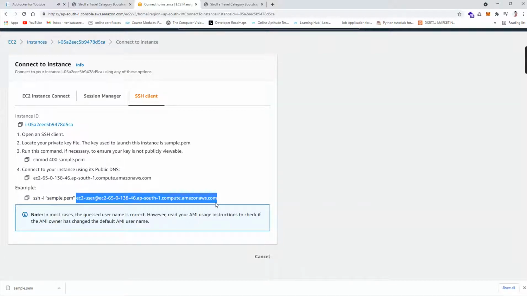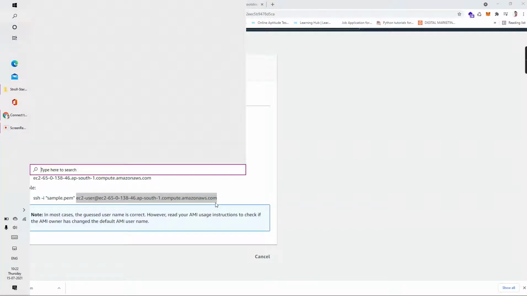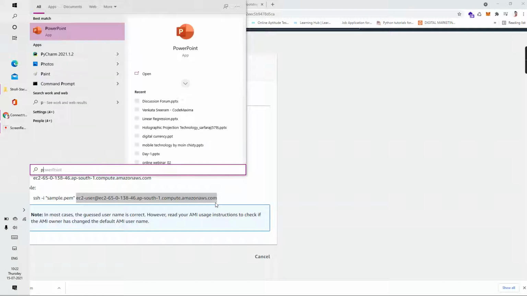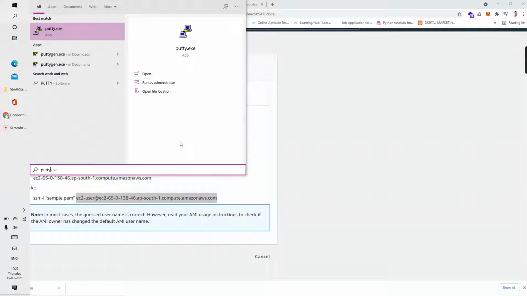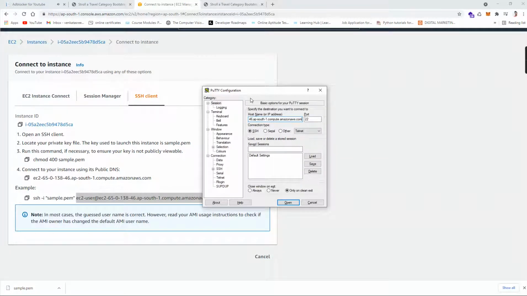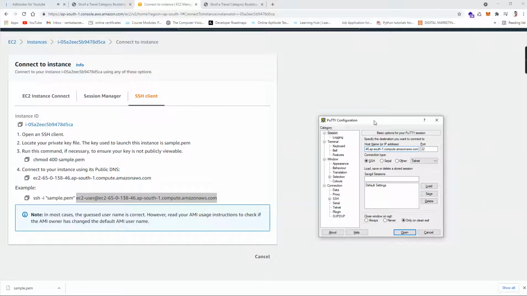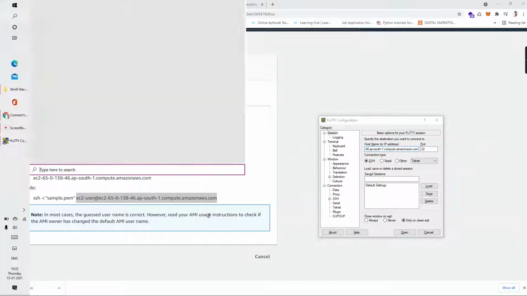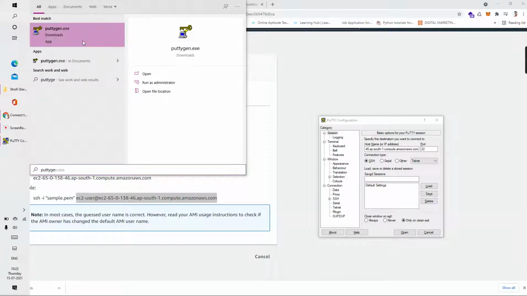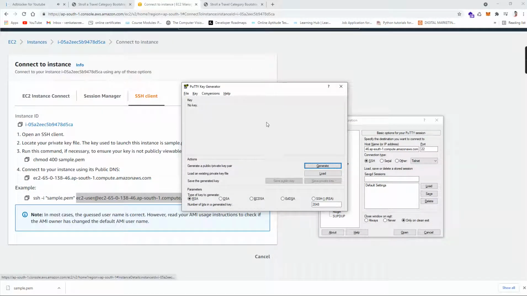Let me copy that, and as it is an Amazon Linux service, let me open PuTTY, putty.exe. Give the authentication as well. In order to configure PuTTY, I need to convert this PEM file into a PPK file, so I need PuTTYgen to convert the file into a .ppk file.